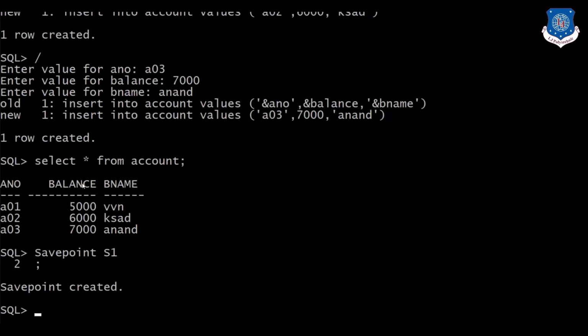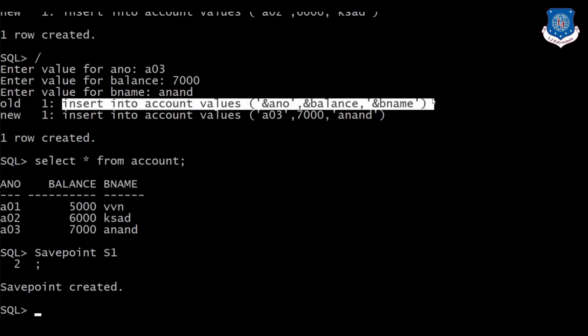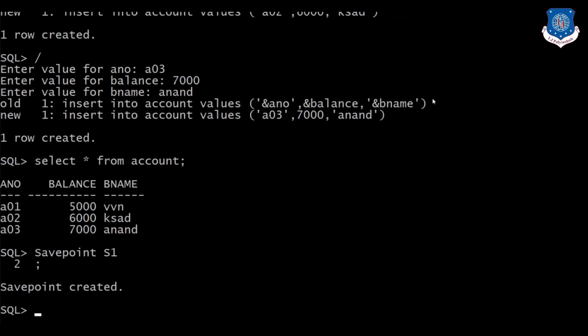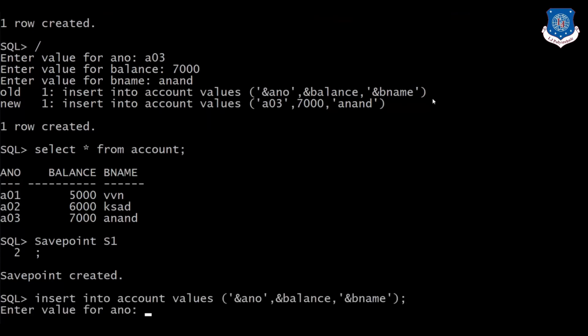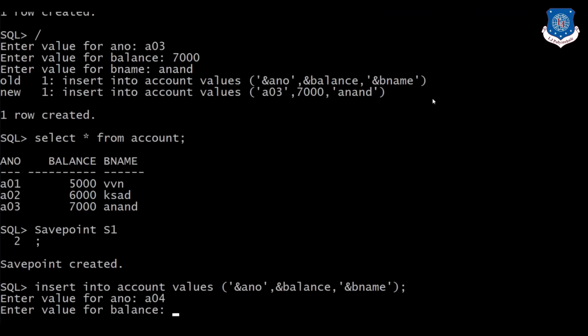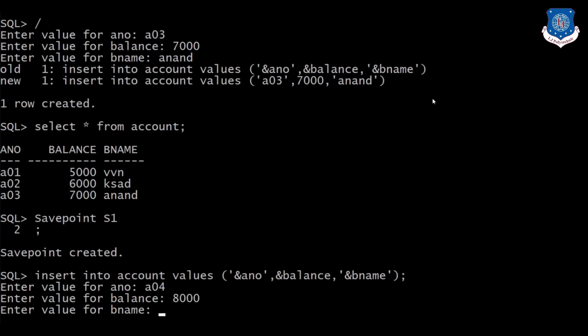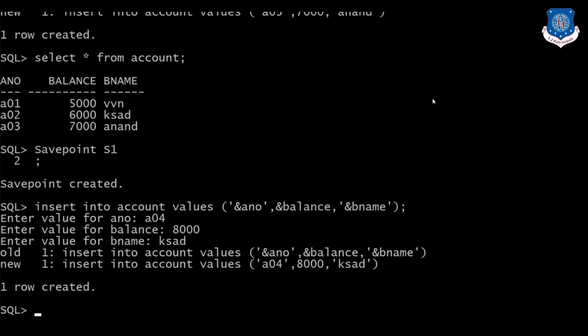Now we are going to insert one more row. That is A04, then balance will be 8,000, and we are inserting one more row.